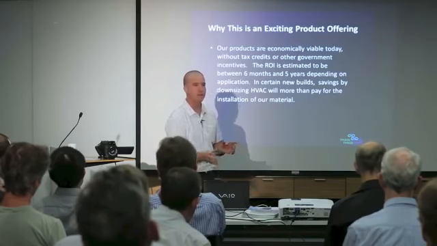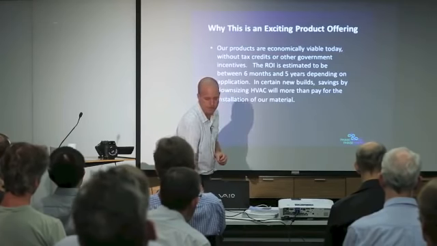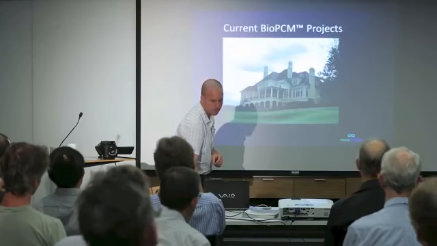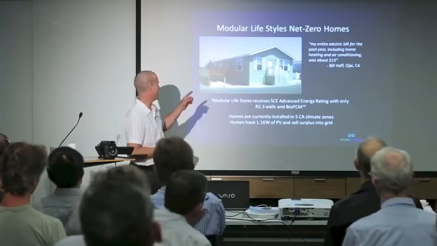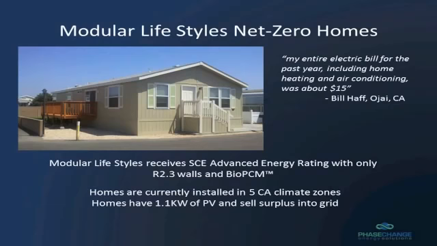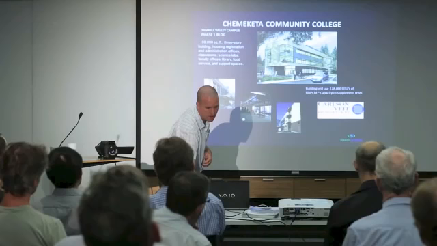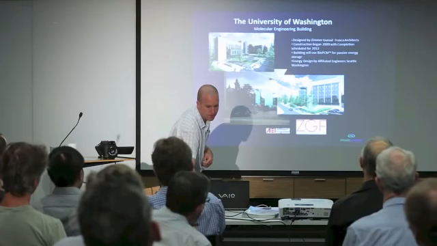No matter how you look at it, you don't have to buy anywhere as much energy per year if you have phase change material. You can do big houses, you can do small houses. These guys here have got these little granny flats, I guess you could call them, over here, with a solar power system and phase change material. They've got the energy bill down to $15 per year. It's being used in colleges over in the US,